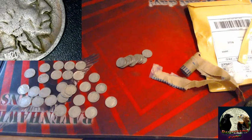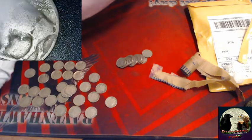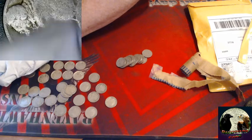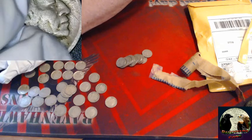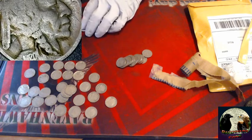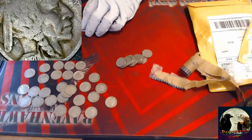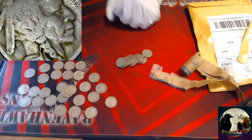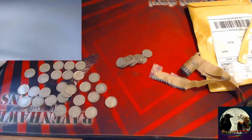Holy cow, guys. We have a 1920 Buffalo. It is just a filly. Not going to be anything too extraordinary, I believe. But let me double check. Yeah, the 1920 filly, you're looking at 63 million minted. So, honestly,